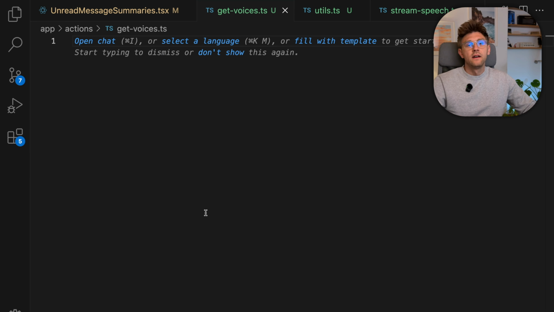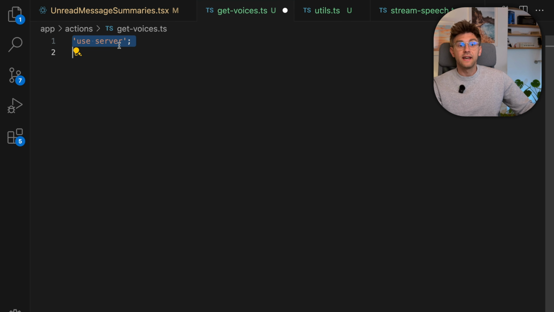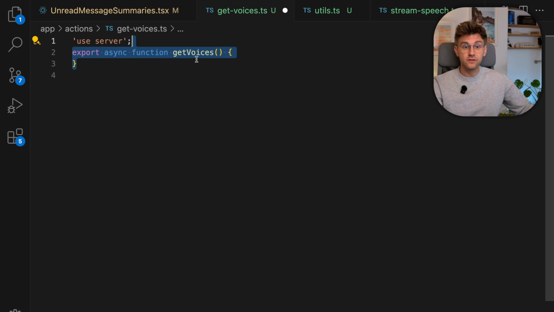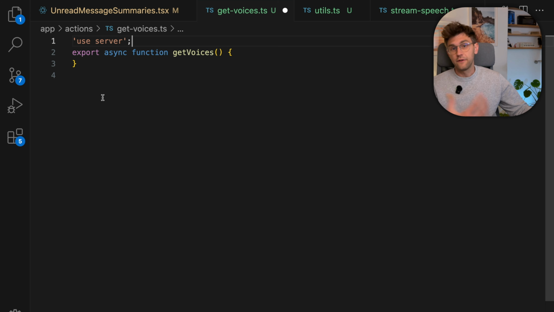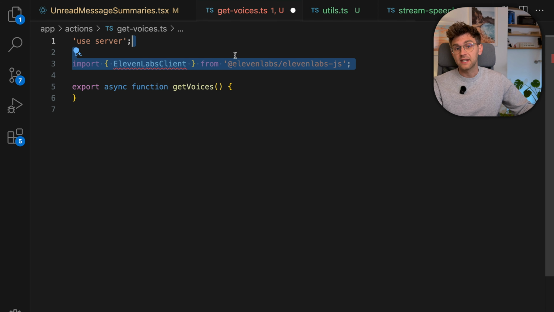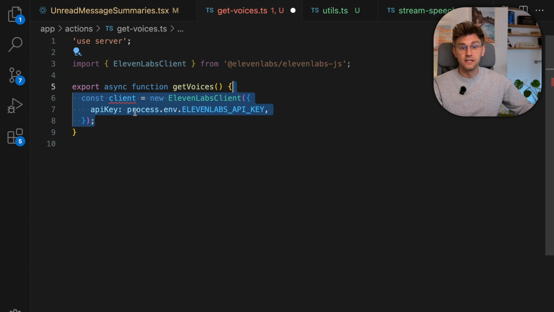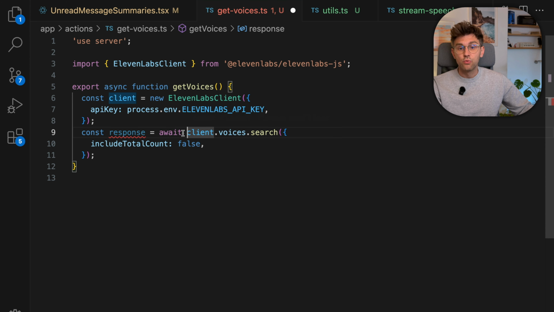getVoices.ts. And first we specify again that this should actually use the server directive. So we want to execute this server side. Then we define the function, we call it getVoices. And first we need to import the ElevenLabs client because we want to initialize this using the API key that we have. And after that we query the voices by calling the